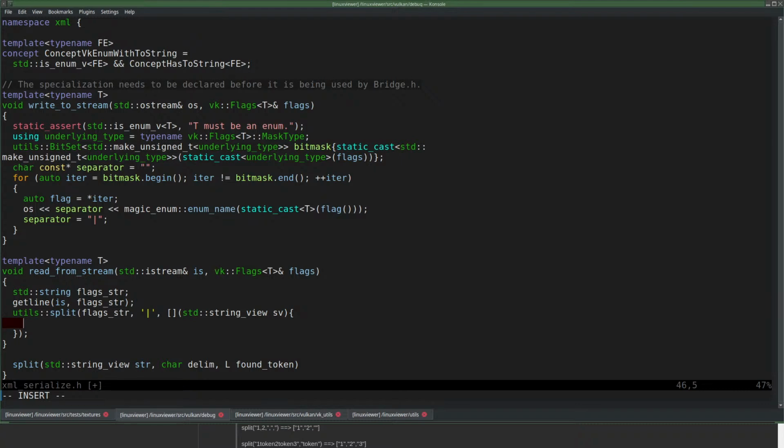Maybe it's time to add debugging for this. Let's print out what we have so far then.